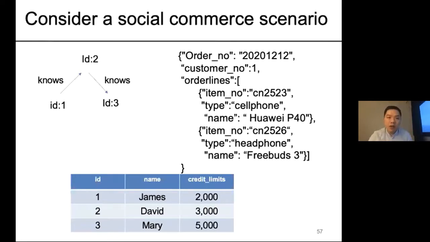Suppose we have a graph in a social network and a customer table with orders information. So traditionally, we have to use a graph database like Neo4j to store the graph,